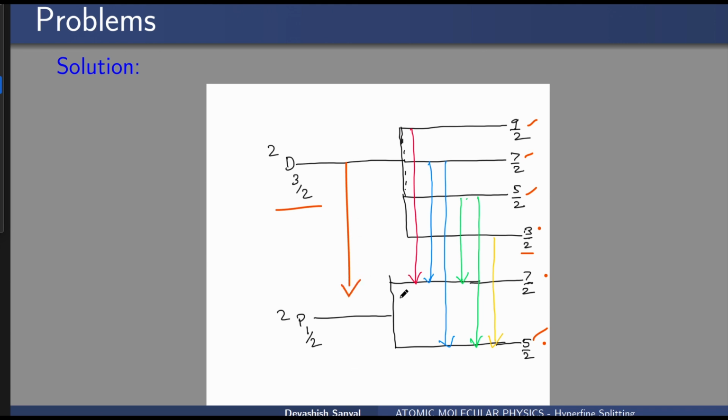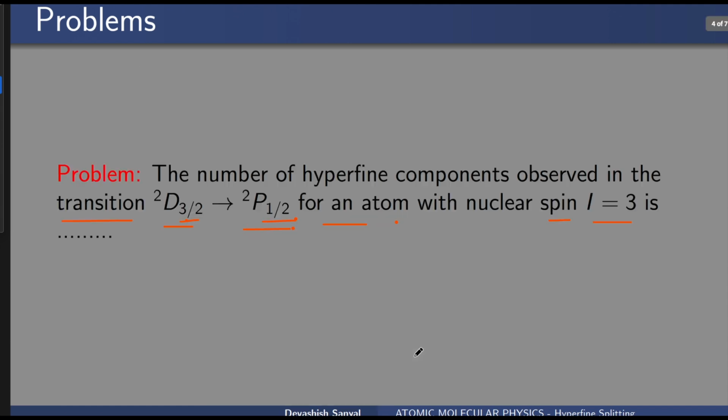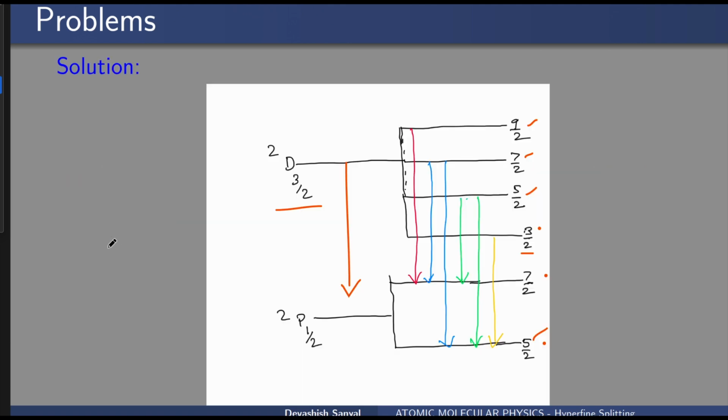But if we use a very powerful spectrometer, then we will see this one line is actually divided into, how many lines are there? So there are 6 lines. Due to hyperfine splitting, the number of hyperfine components observed here will be 6, and you have to follow the